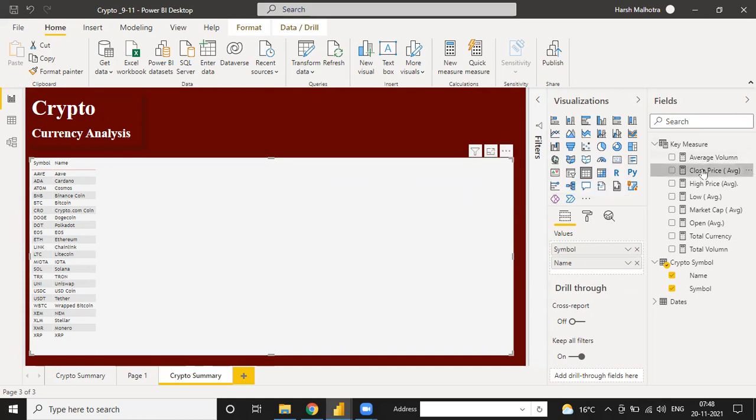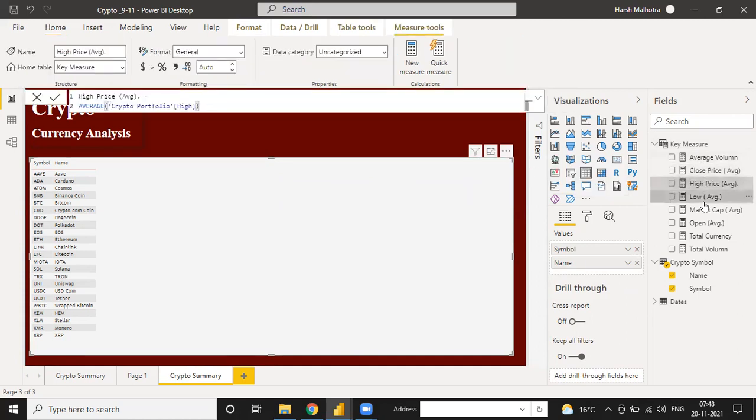See, we have close price, high price, low price, market cap, all these things, and these are basic measures calculated from your previous table, like the crypto portfolio table. So this is just that kind of measure we are using.